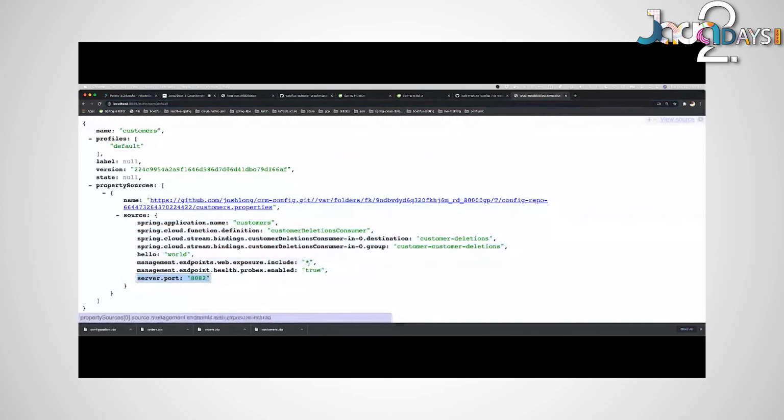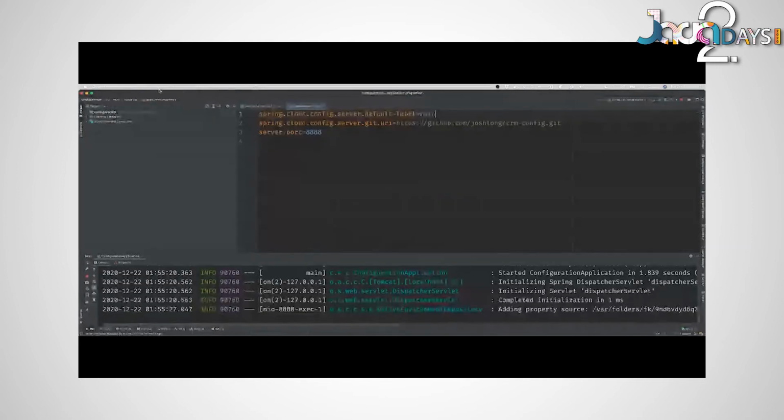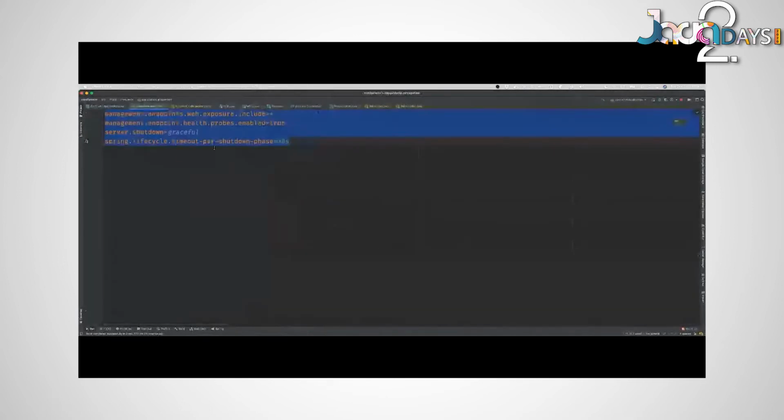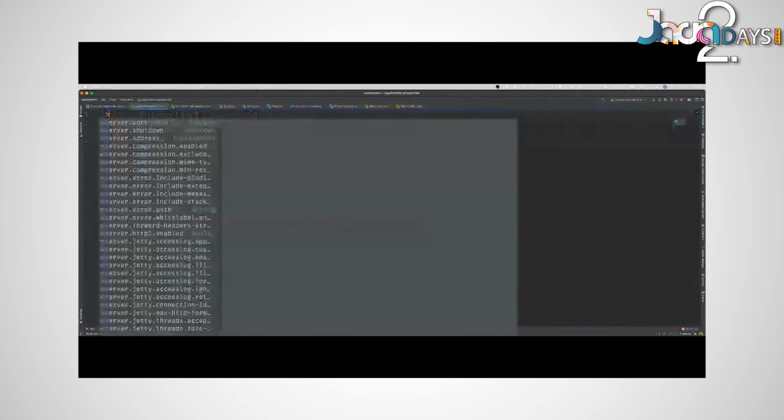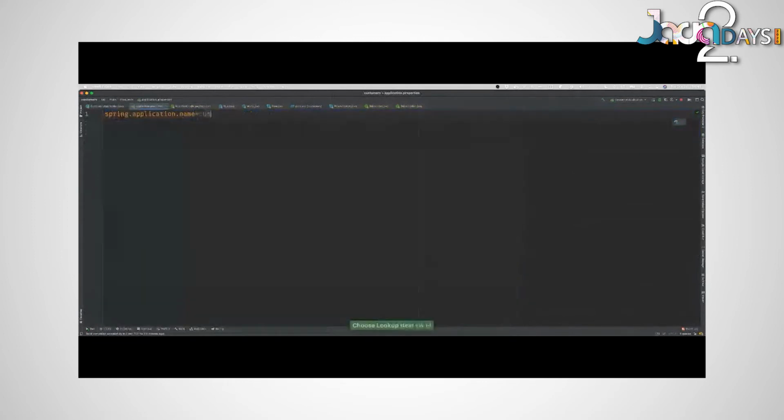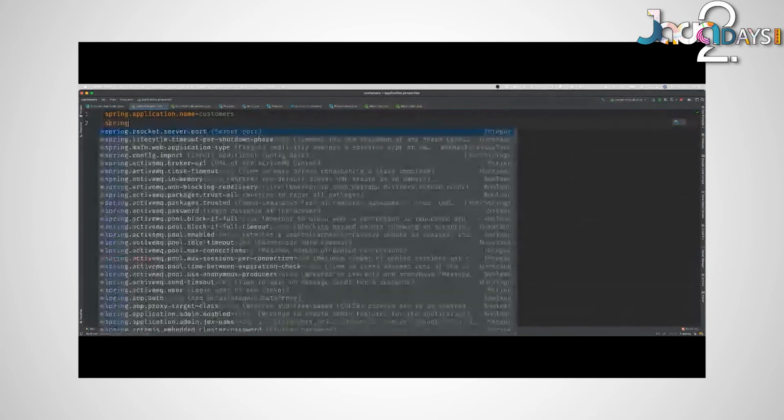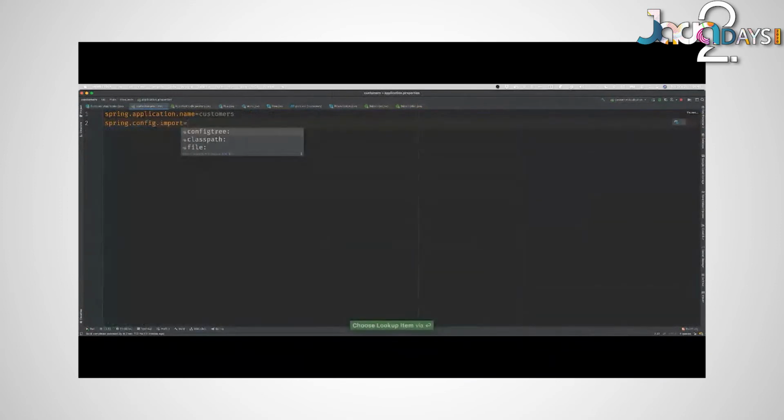So let's now go to our customer service here. And we don't need all this. We're going to say that the application name is called customers. We're going to say that we want to import the configuration, not from a config tree. A config tree, by the way, is like a volume mounted config map from Kubernetes, right? That's what this is, but that's not what we're going to be using. We're not going to be using files or class path. Instead, we're going to use a config server URL, right? And actually, I could do this. I could say, like this, if I wanted to.